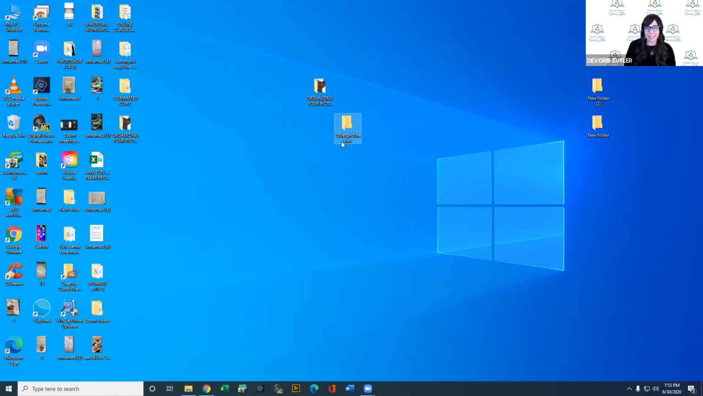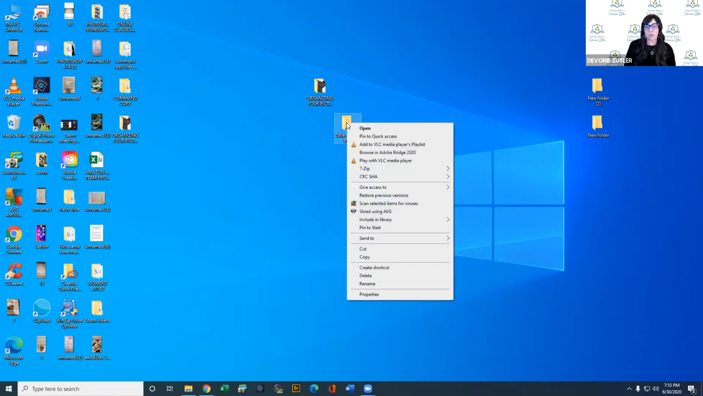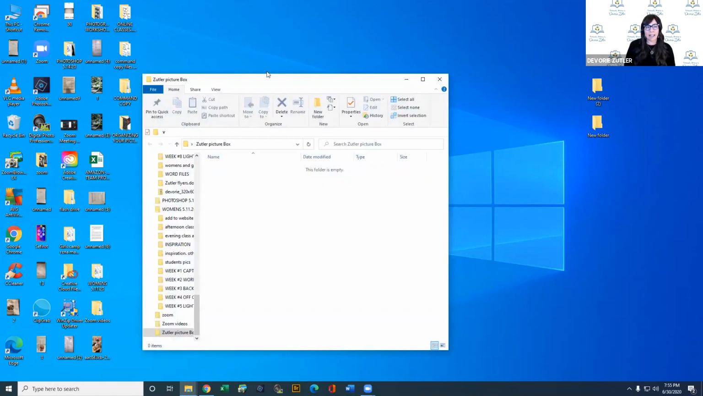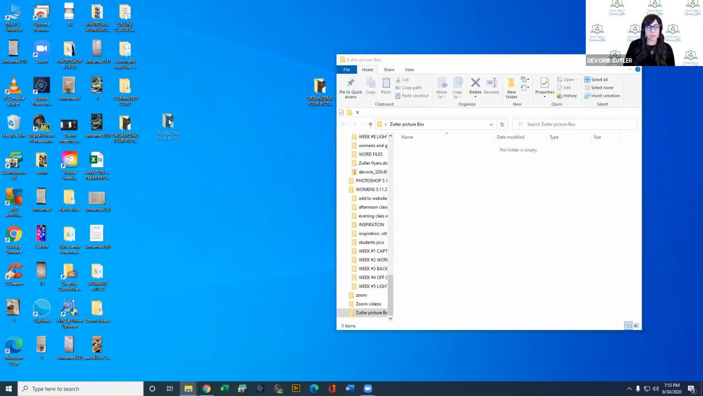By right-clicking it. So I'm going to click on this with my right click of the button, and if you notice, the first thing that it gives you is open. So I'm going to click on that, and again, just a reminder, that's with my left click of the button. I'm going to click on open, and right now, it just opened this Zutler Picture Box. I'm just moving things around, and I will